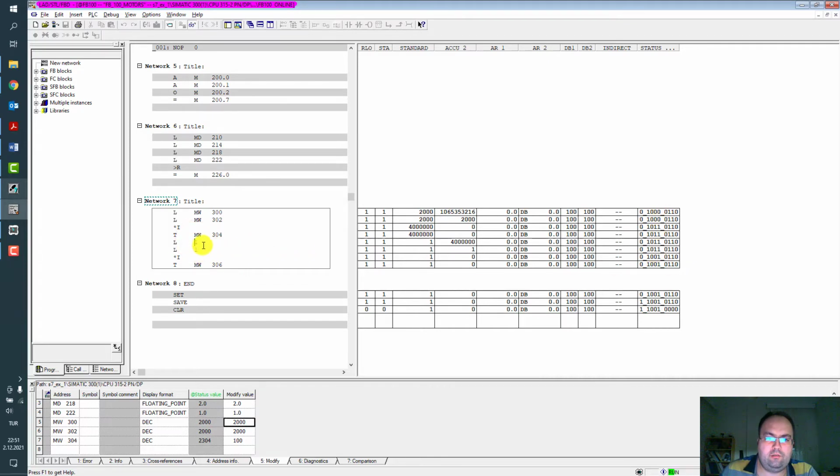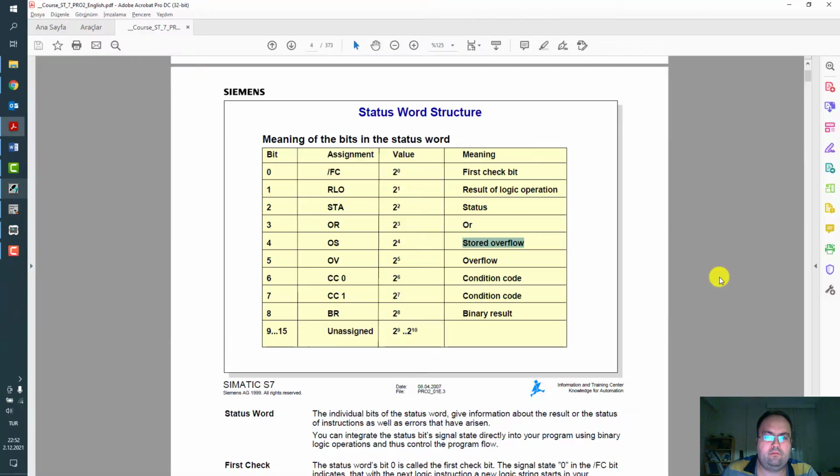And after next mathematical comment, you will see the stored overflow is still set to true, but normal overflow bit is set to 0. That's the difference between bit 4 and 5.